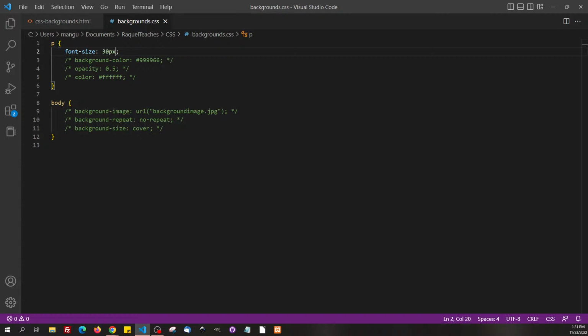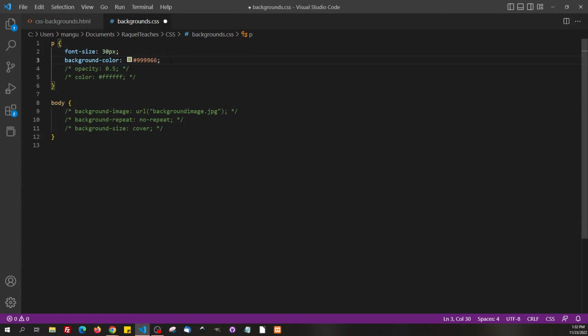All right. So the first way we're going to format the background is by using the property called background color. Okay, and it's just background hyphen color. And the way you use it is that you can enter a hex color code. You can enter an RGBA. You can enter RGB, all kinds of color codes. You can even enter the name of a color, and that color will apply to the background of the element